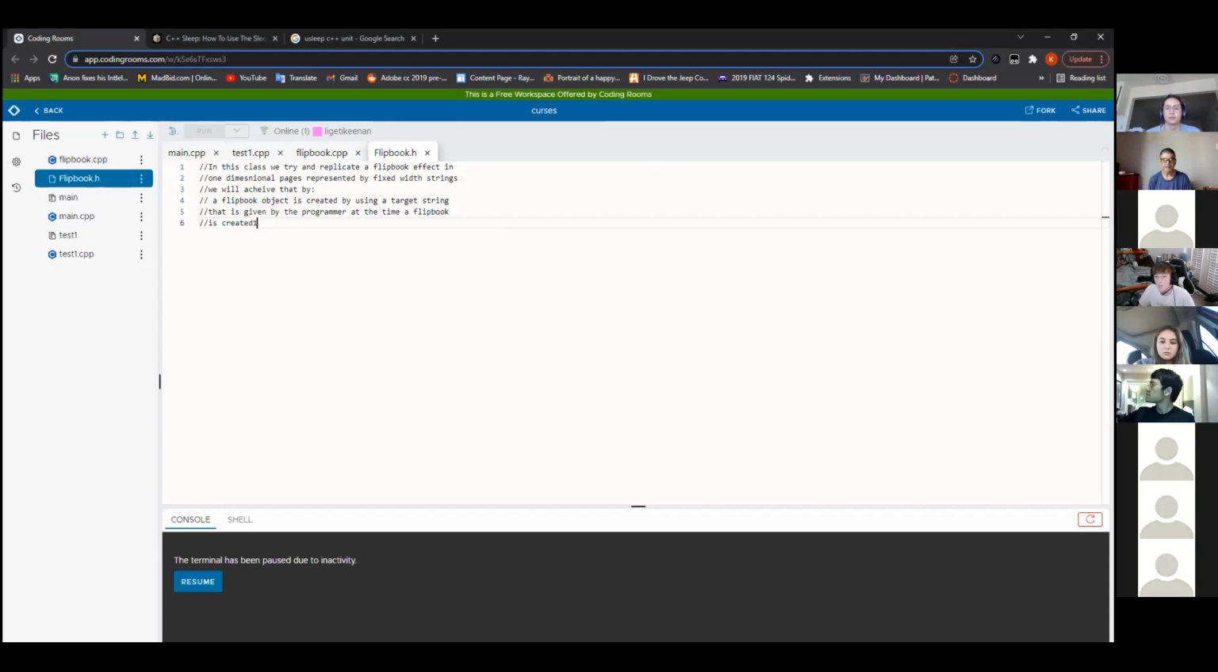All right, and then we'll create a new sentence, not a comma actually. On the next line we say we will create a method called Flipbook::animate, and it's got to be capital F for the class, because the name of our class